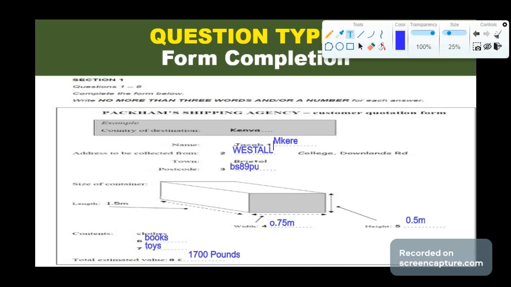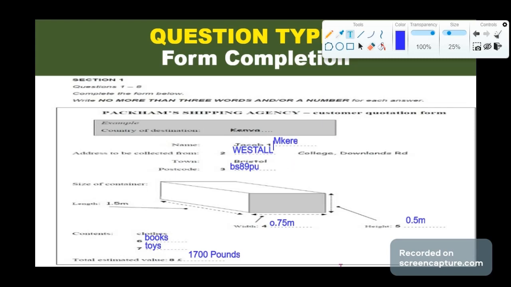Fine. Can I take your name? It's Jacob M. Kelly. Can you spell your surname, please? Yes, it's Mkere. Is that M for mother? Yes, thank you. And you say that you will be sending the box to Kenya. That's right. And where would you like the box picked up from? From college, if possible. Yes, of course. I'll take down the address now. It's Westall College. Is that